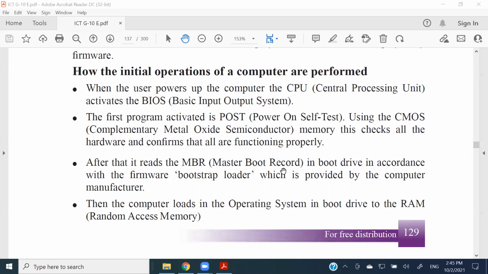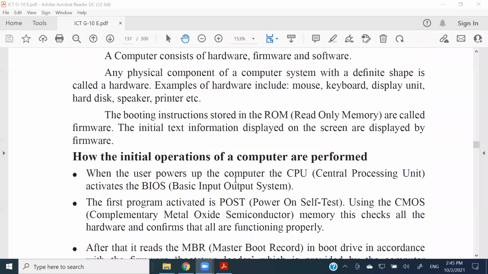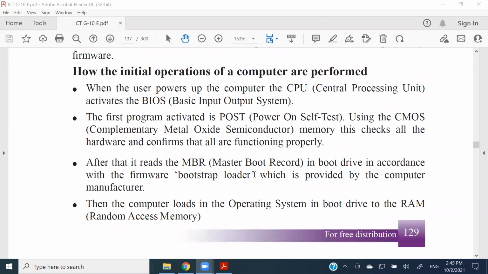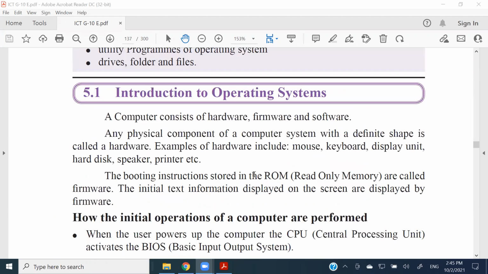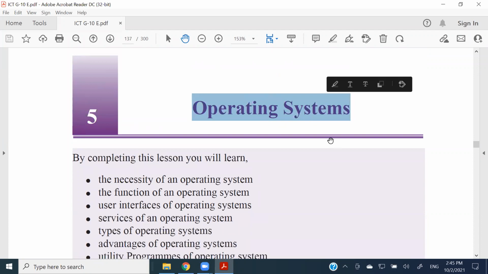Right. So when it comes to the operating system, I told you it is the one that is loaded into your computer the very first time you start any device. Here it is described what happens when the operating system of a computer is being loaded, or the way it is being populated. I'm going to discuss this. First, let's write this into your notebook. Have the heading called operating systems, the main heading.